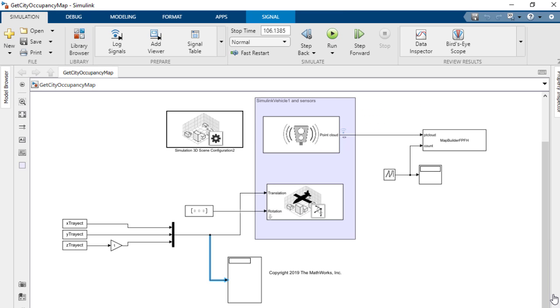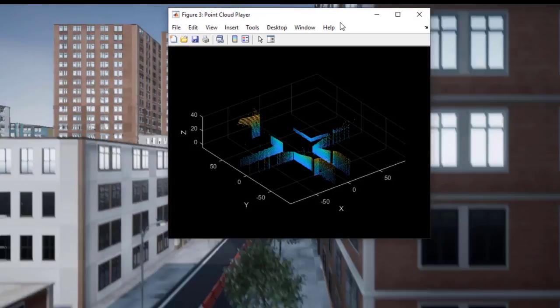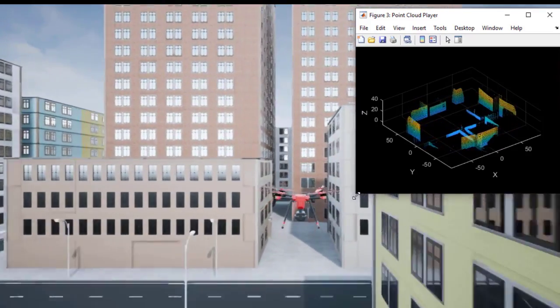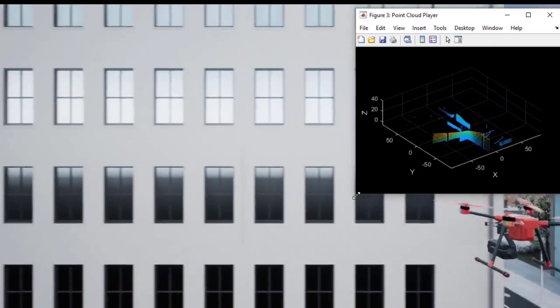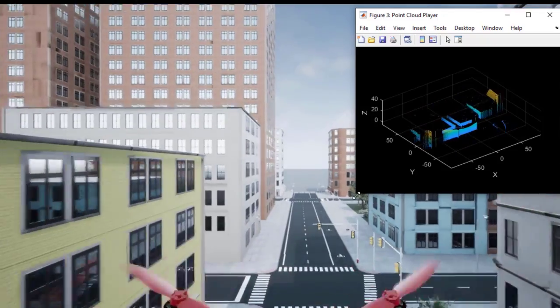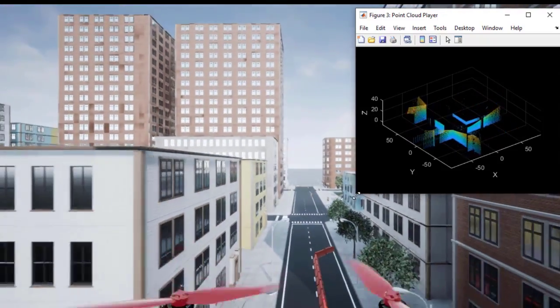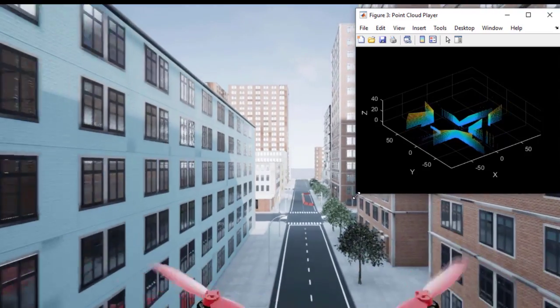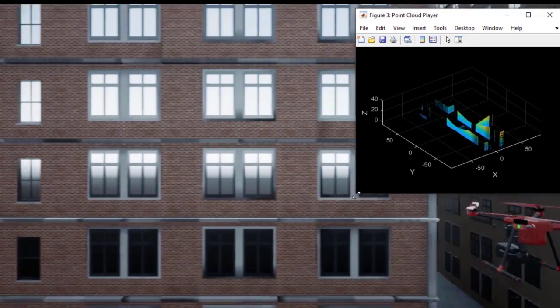And the fourth block we have is our MATLAB system. Here we'll process the LiDAR data from the sensor to iteratively create our map. Now let's run our simulation. Running the simulation shows the UAV flying on the predefined trajectory and capturing live LiDAR data. The MATLAB system in our Simulink model collects this data and stitches it together to build the map of the arena.